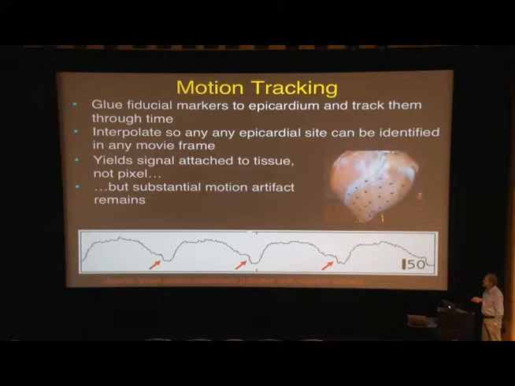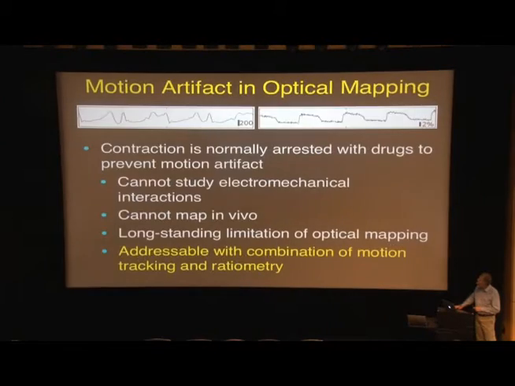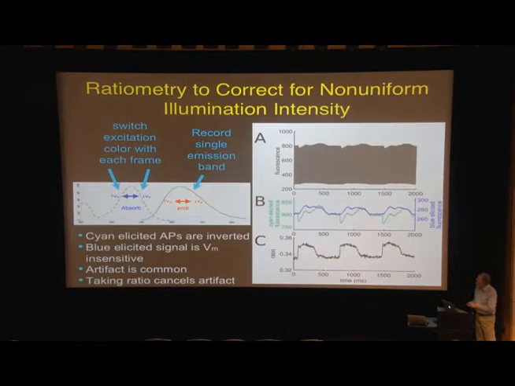This is a signal from chasing. It's not one pixel. It's chasing one tissue site around. And you can see there's still a lot of motion artifact, but you can see depolarizations here. So it's better, but it's still not where we need to be. So we need more help, and what we do is implement a ratiometric technique on top of